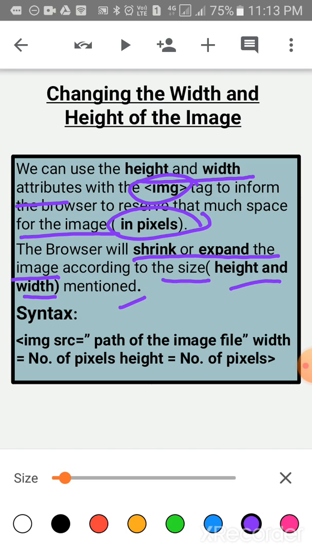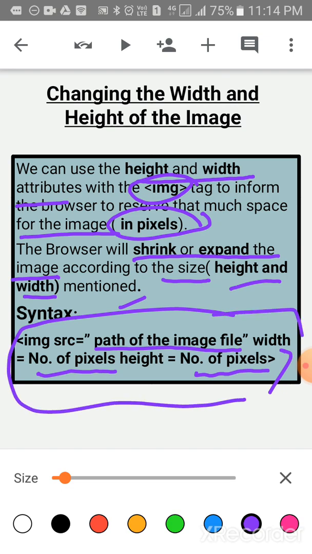The syntax is tag img space src is equal to, within quotes you have to write the path of the image file, and after that space width is equal to number of pixels, space height is equal to number of pixels, and then closing tag. Okay, this is the syntax of how to write the width and height of an image.